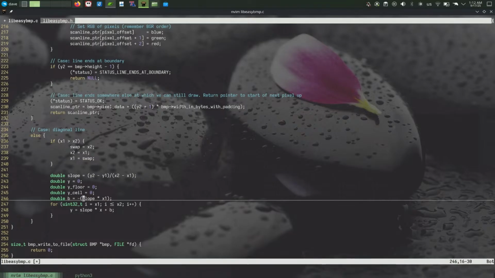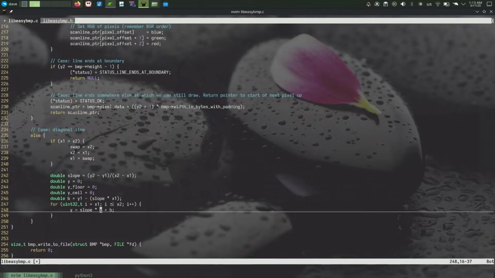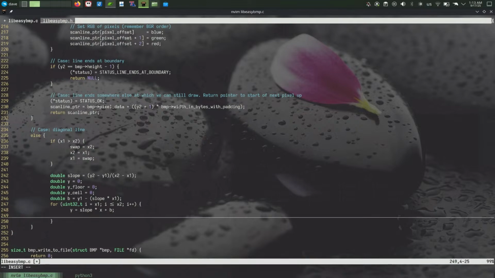Alright, so b is equal to y1 minus mx1, right? So y1 minus the product of the slope and x1, right? That's b. Okay, so we'll calculate our y value at each iteration, right? And then so